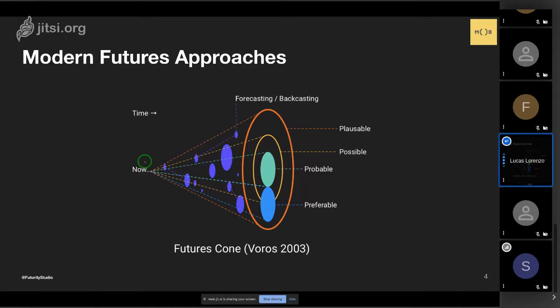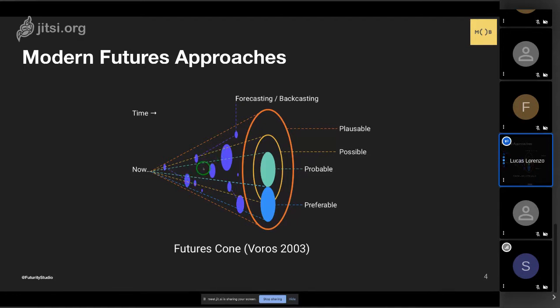Explanation of what the chart is. We have a current time and a cone of the future, which projects forward in time, where we have a plausible, a possible, a probable, and a preferable state. There are many different representations of this cone, but I tried to make one that is a universal or generalized approach that people present when they talk about the futures. And what I mean by that is, if you look at the orange lines connecting, these are different ways that people try to